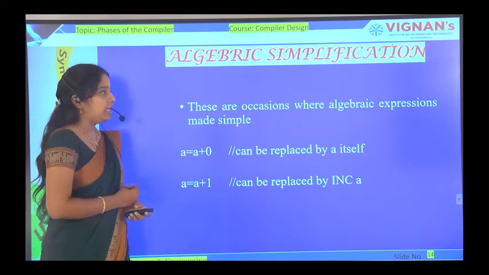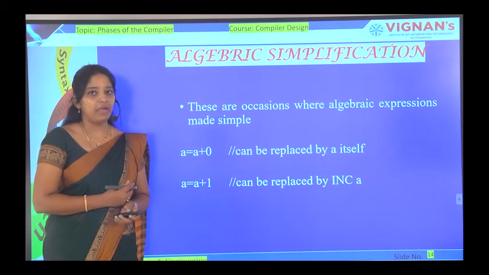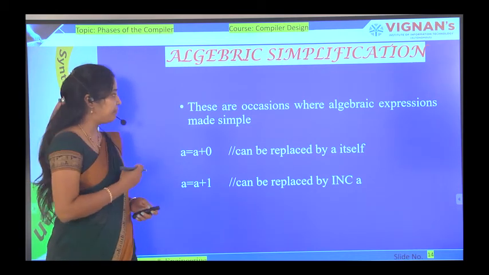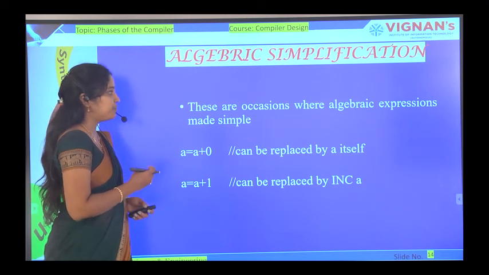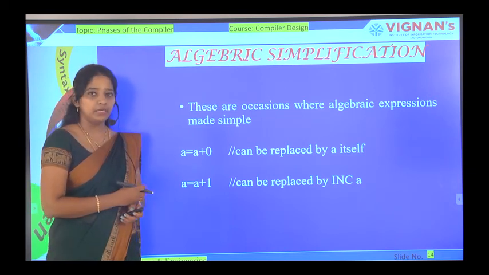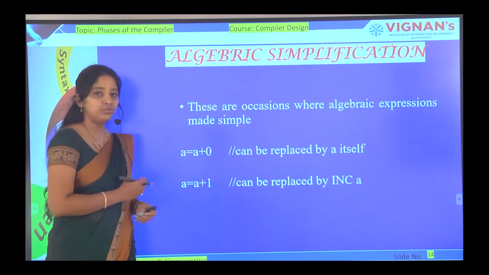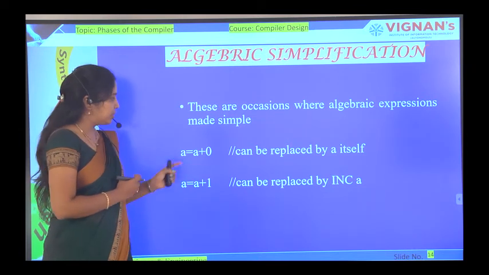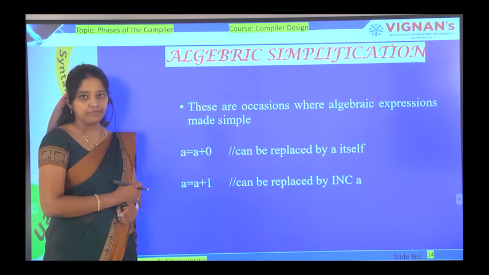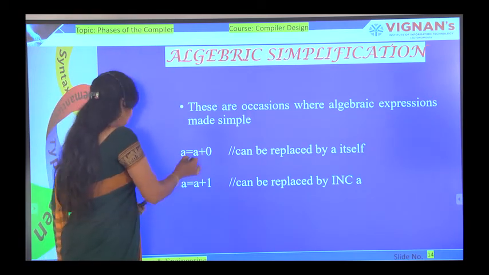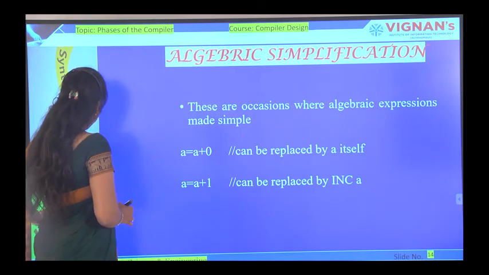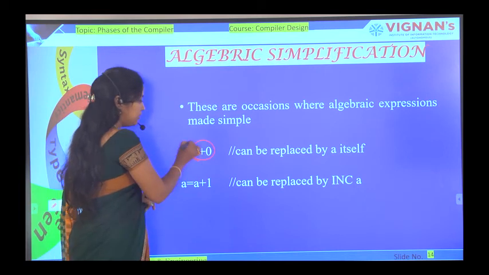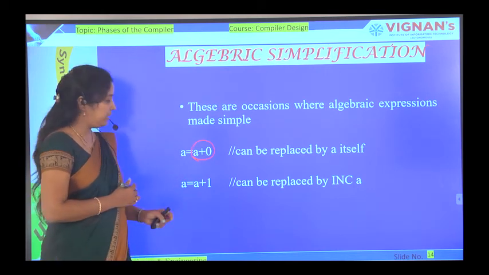Then next, algebraic simplifications. If we have any algebraic expressions, we can simplify them. These are the occasions where algebraic expressions are made simple. For example, a is equal to a plus 0 can be replaced by a itself, because a plus 0 is a.